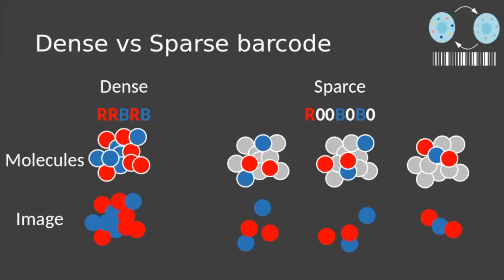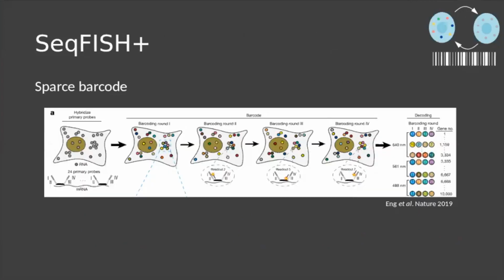On the left, again, it's a dense barcode. So every molecule is always labeled. And you will see that it's basically one blob, and it's hard to say what is an individual molecule. However, if you have a sparse barcode and you stain only certain dots in certain rounds, and not so many, you really dilute the dots, so the crowding becomes much less. You need to do a few more rounds to stain the same thing, but you're actually able to resolve what you're looking for. And this is what they did in MERFISH, but also what